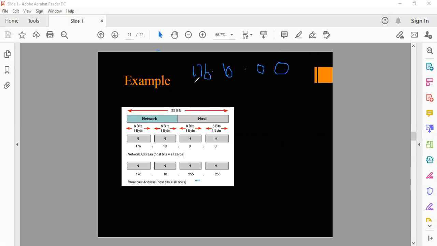One main thing, if you want to understand the IP addressing, the network portion and the host portion,